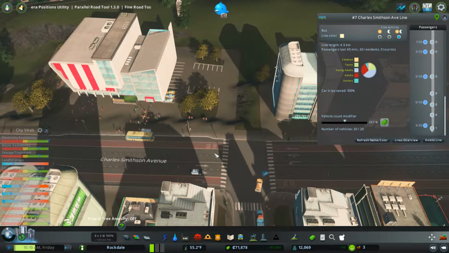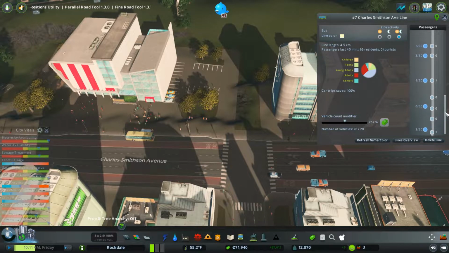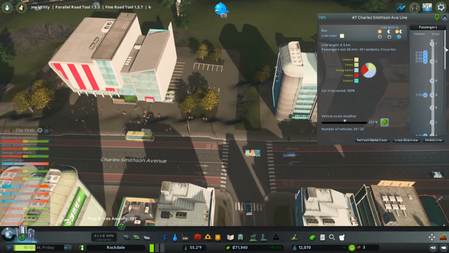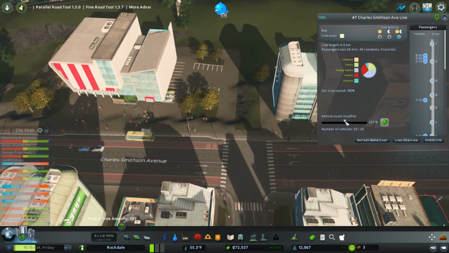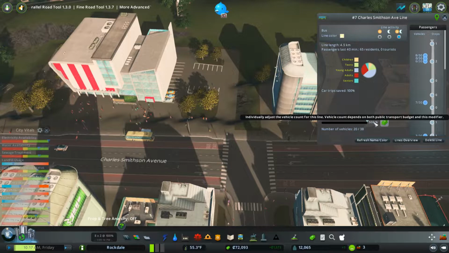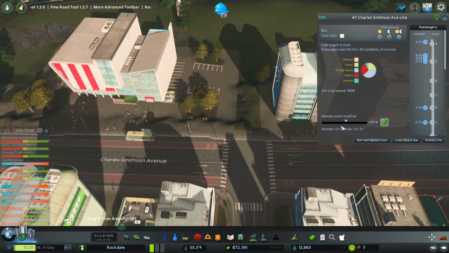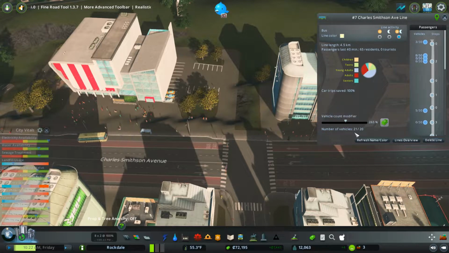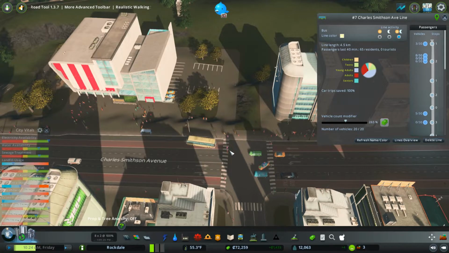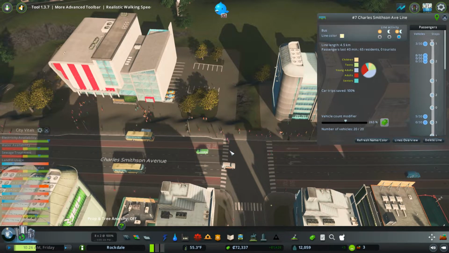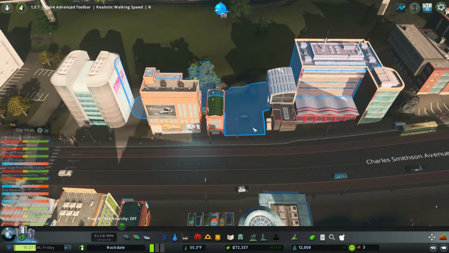I knew that during peak hours, I would have huge pile-ups at a couple of these stations, 100+ people waiting. So you can just go in and drag this slider up and down to adjust how many vehicles are on the route. And so I think I had it at 20 vehicles. And that's another great way to manage the public transit in your city, is understanding, hey, I've got a lot